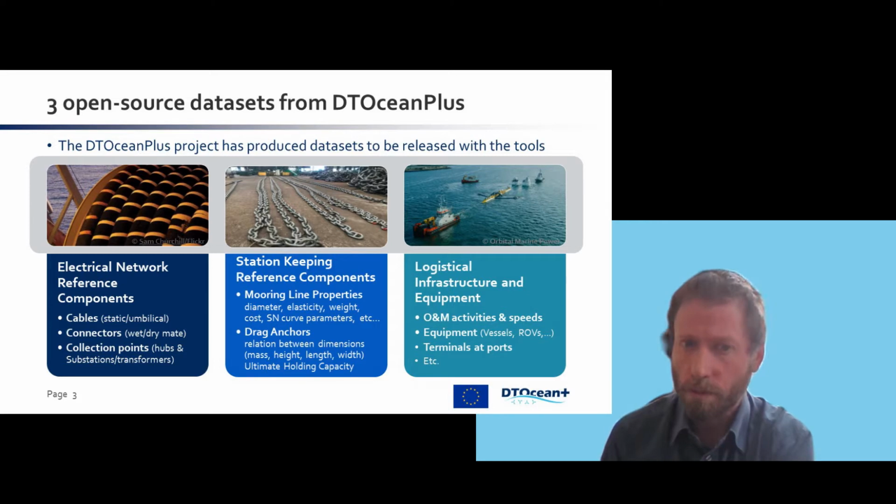Secondly, a set of station keeping reference components comprising mooring line properties with diameter, elasticity, weight, cost, SN curve parameters, etc. And drag anchors providing the relationship between the main dimensions of mass, height, length and width, plus the ultimate holding capacity. Thirdly, a set of logistical infrastructure and equipment, comprising some O&M activities and the speeds to carry these out,